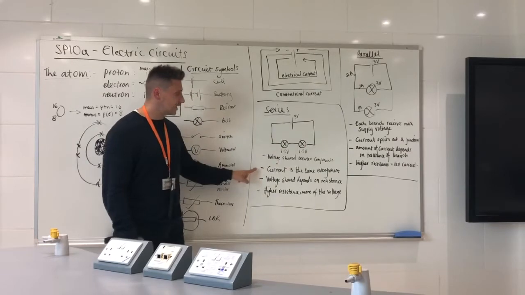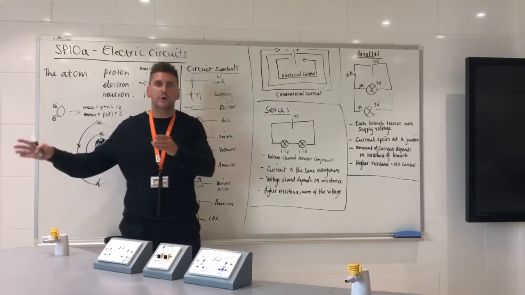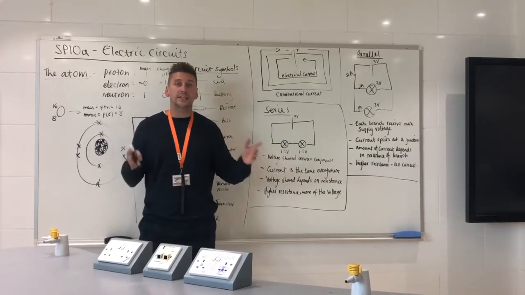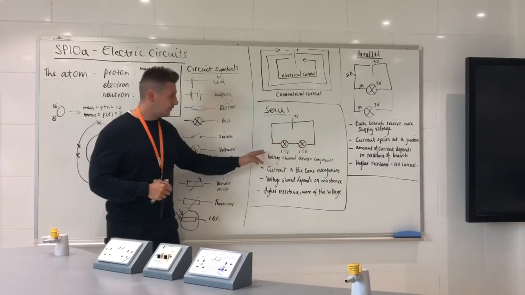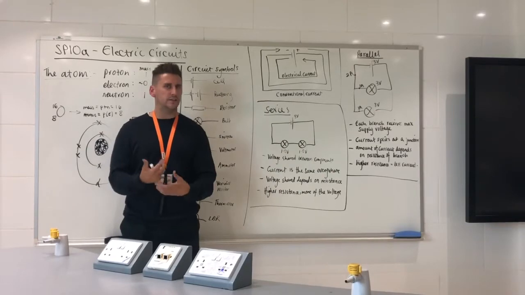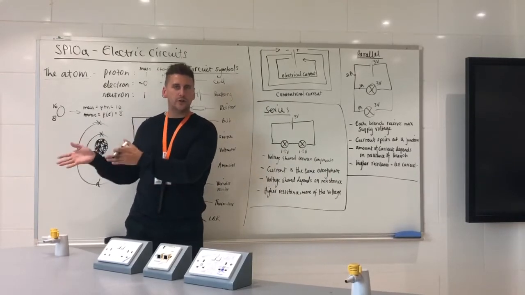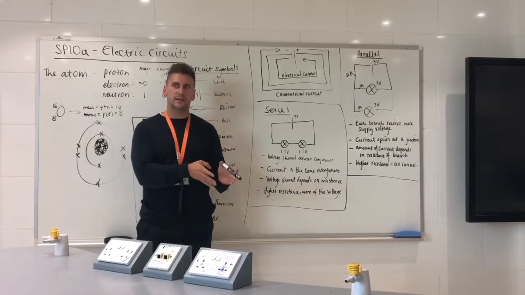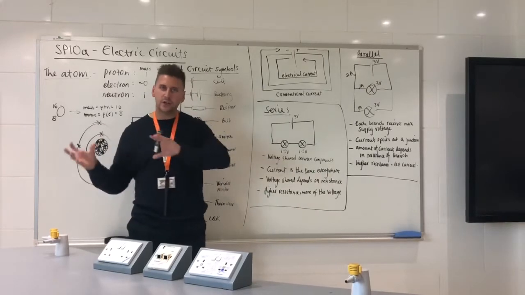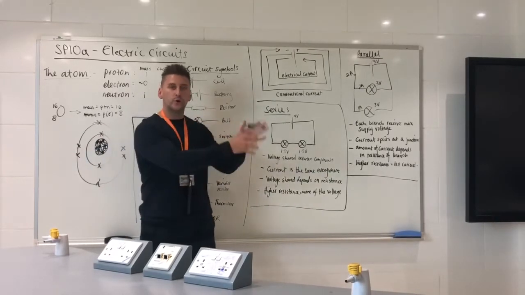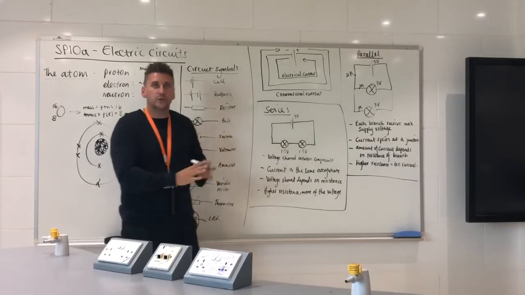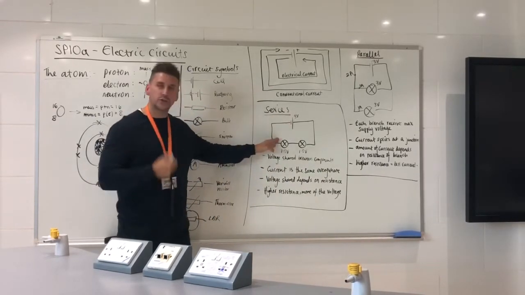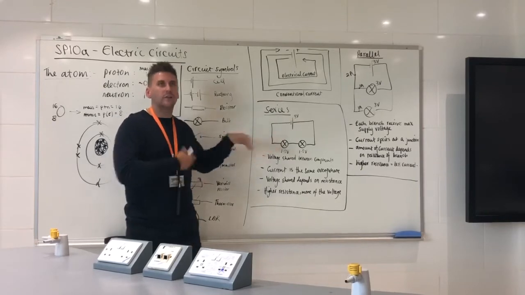In a series circuit, current is the same everywhere. That means going in and out is the same current at the same time, no matter what the component is. But if one component has a higher resistance than another, then it's harder for the current to flow through that resistor. In order to maintain that constant flow of current, you have to push the current through the higher resistance more. In order to do that, you will take more of the share from the supply, and obviously the lower